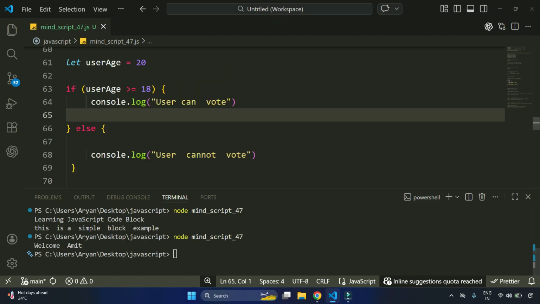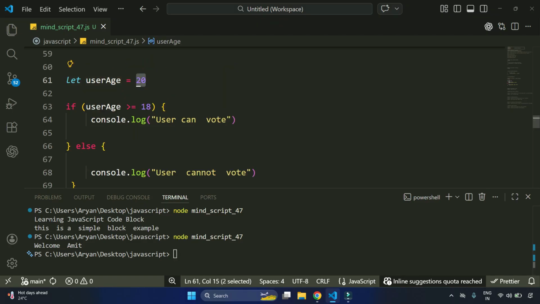So let me try to execute. Here the condition is user age is greater than or equal to 18. You see here 20 is greater than or equal to 18, so that's why the user can vote. And you see